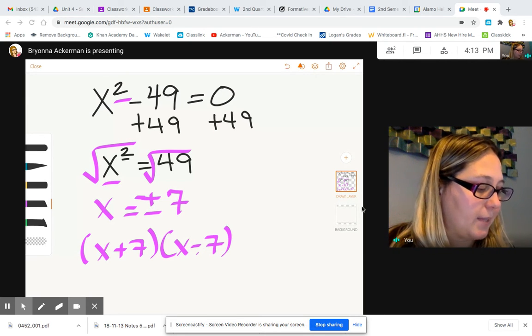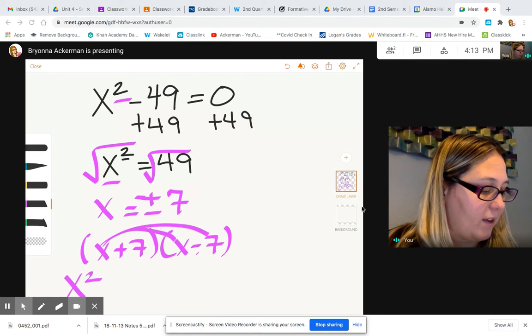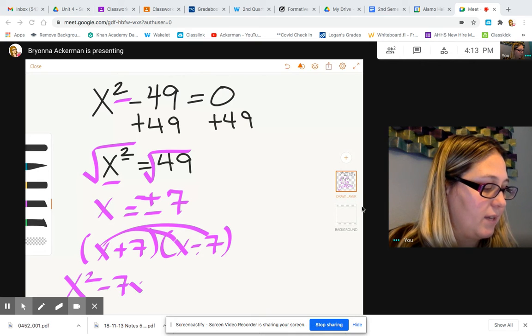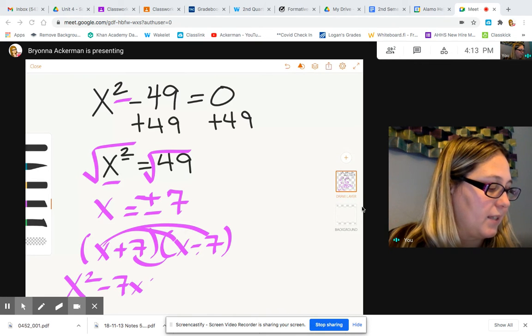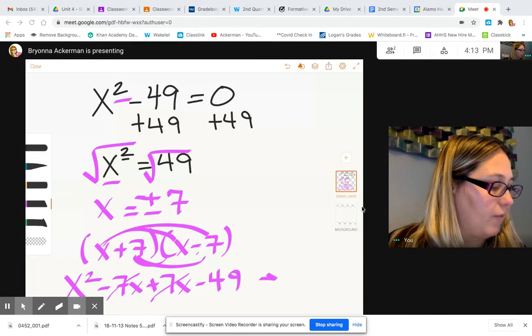So I get x times x, which is x squared. I get x times negative 7, negative 7x. I get 7 times x, that's a positive 7x. And then I get 7 times negative 7, which is a negative 49. These are going to cancel, and so you're going to be left with x squared minus 49,